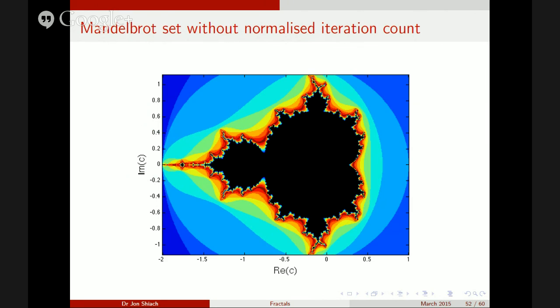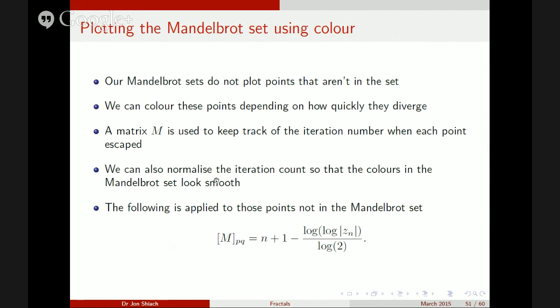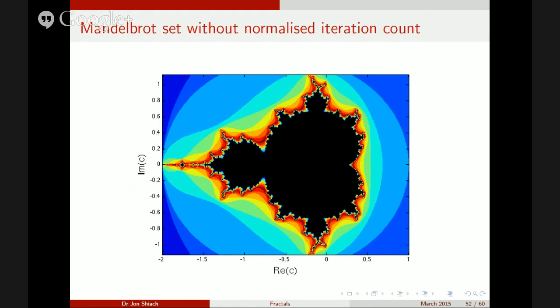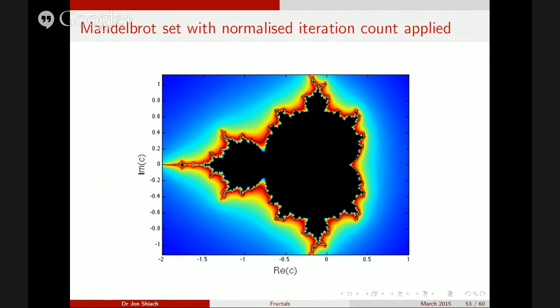If I normalize the iteration count, so that's if M is my iteration count, and I apply this normalization expression, what happens? We go from this, which is kind of banded, to this, which looks smooth. So you can see that's a much better image. And that's what you tend to find on